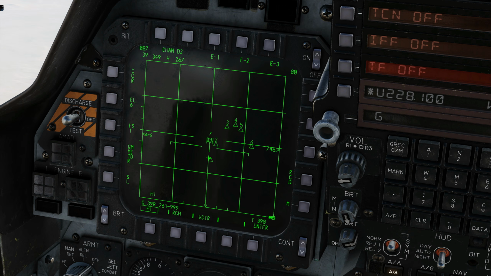We get information about him in the B-scope and in the HUD. We know he's at approximately 7,000 feet, or exactly 6,600 feet here. We know his speed, I believe it's ground speed, 349 knots. The all-important aspect, currently H, head on, he's coming straight towards me, or T, tail, he's heading away from me,